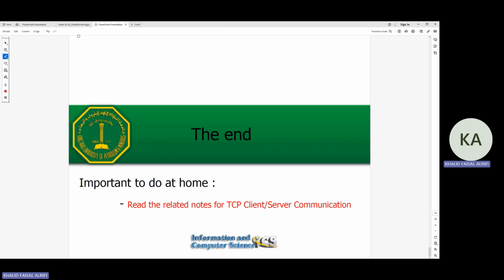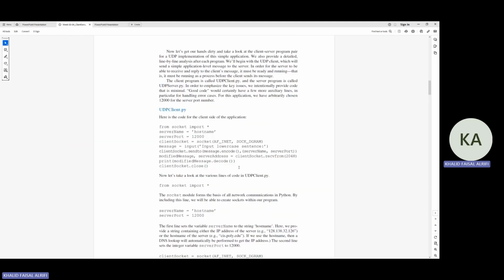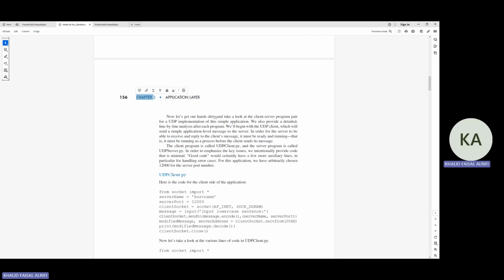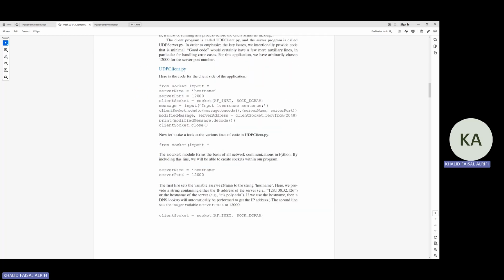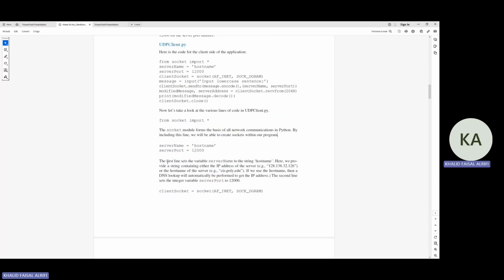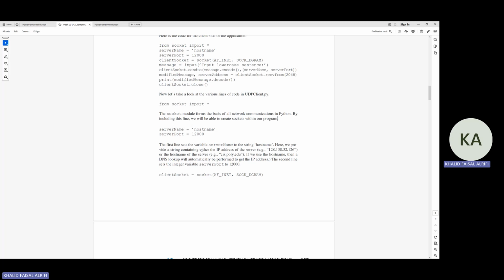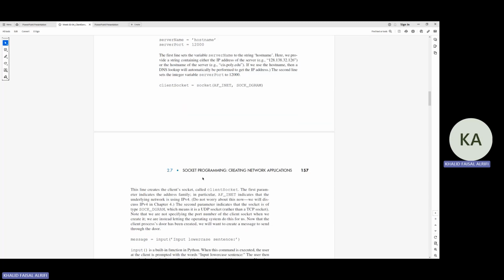Related notes, we mean by this, it's actually in the book, chapter 2, application layer. You can go through it, you can go through each line of code and see the explanation for it, the socket model. It will explain each line in detail. I just gave you simple things you can memorize or understand, but if you want details, as we said here, the IPv4